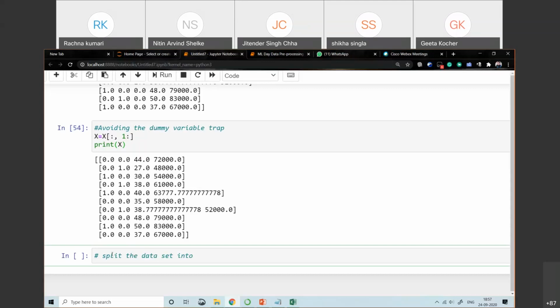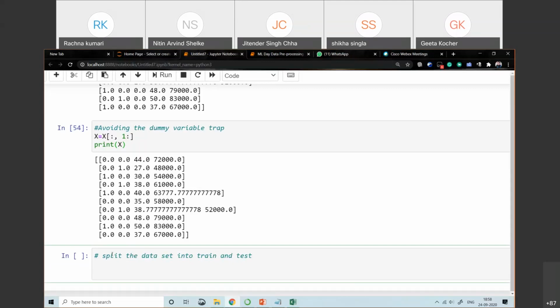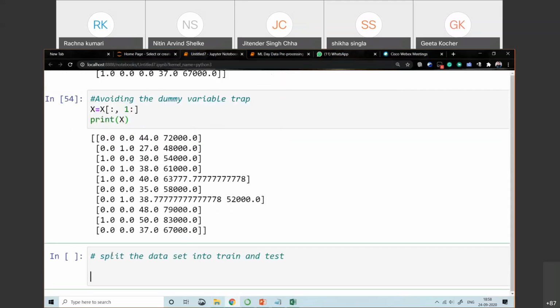Split the data set into train and test. So for that, which class are we going to use? We use the train_test_split class. It is present in the model selection library.